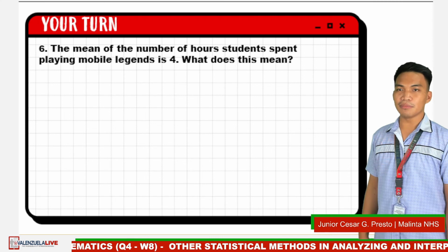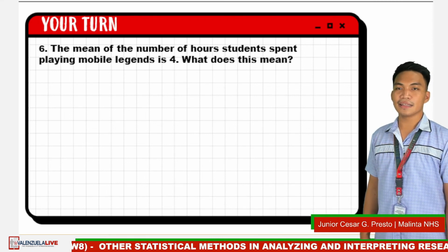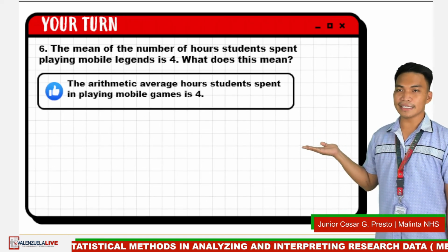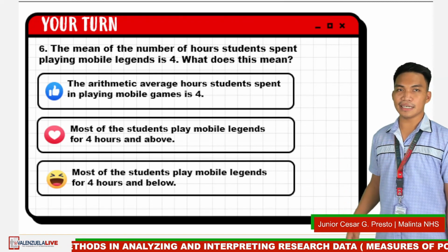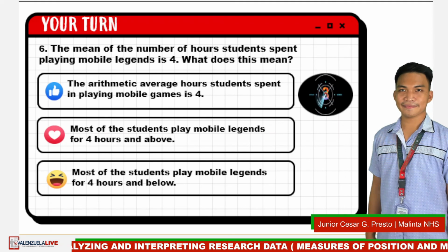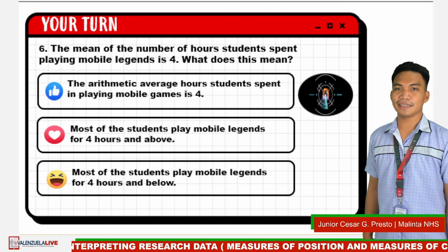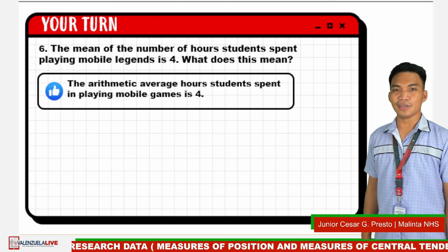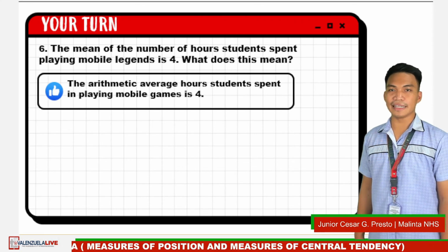The mean of the number of hours students spent playing Mobile Legends is 13. What does this mean? Is it like, love, or haha? 5 seconds. Go. Time is up. If you've hit the like react button, excellent. You are correct. Now, to sum up our lesson for today,